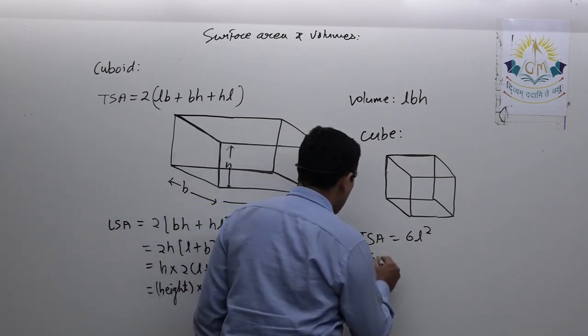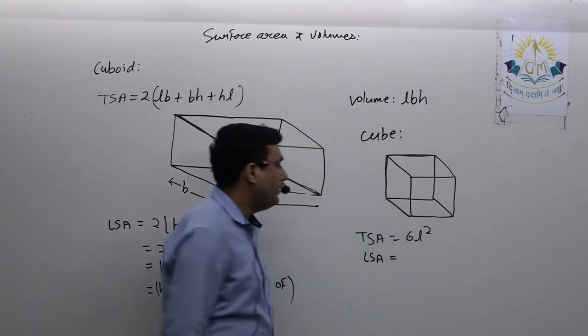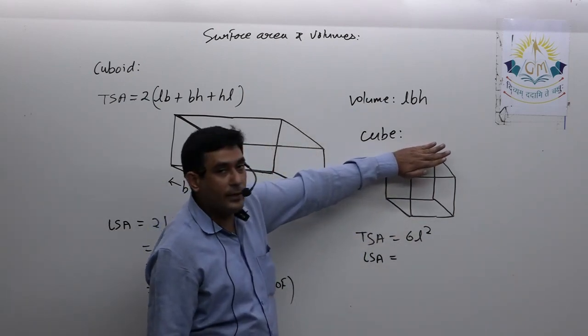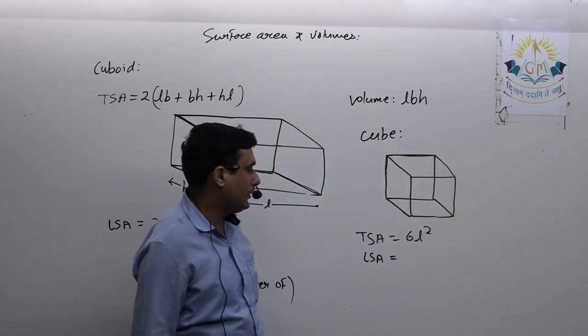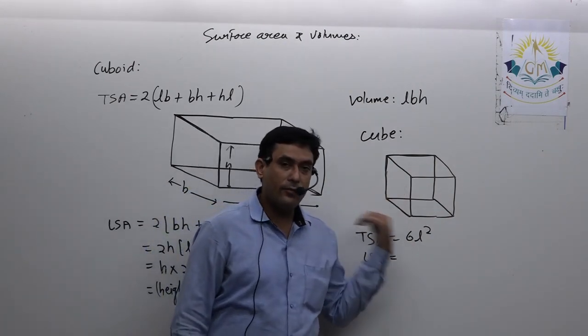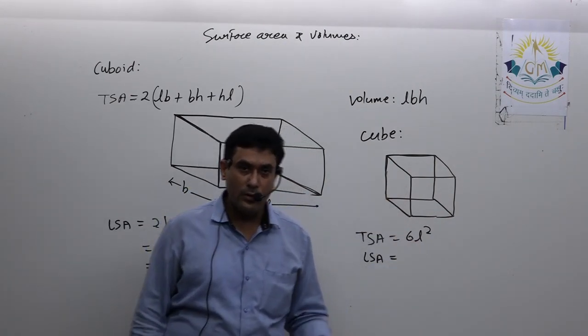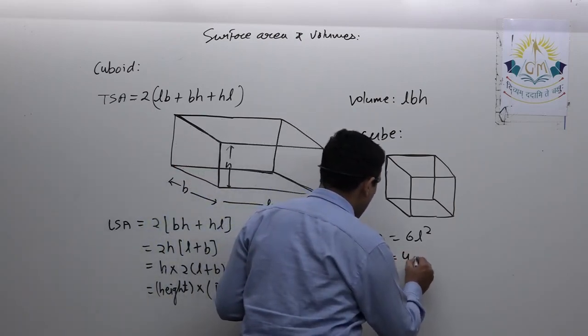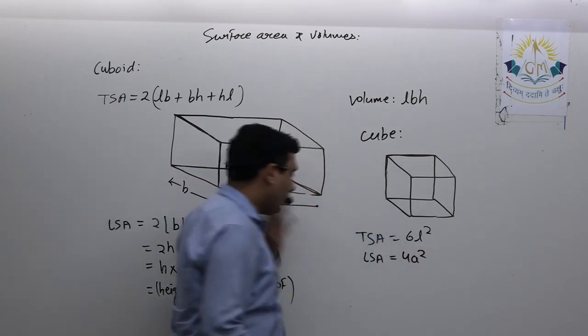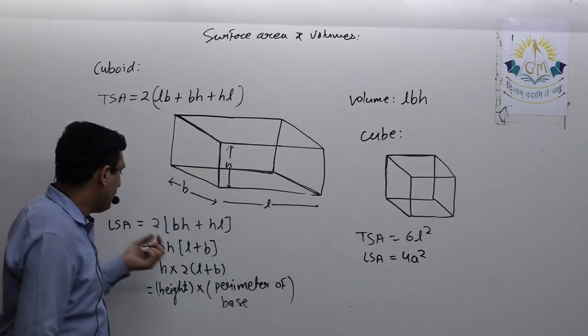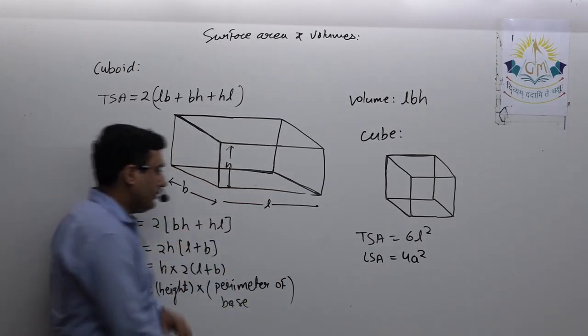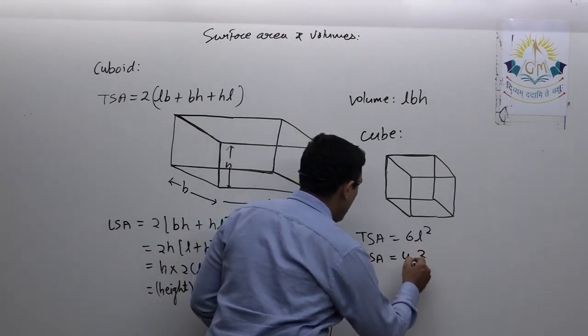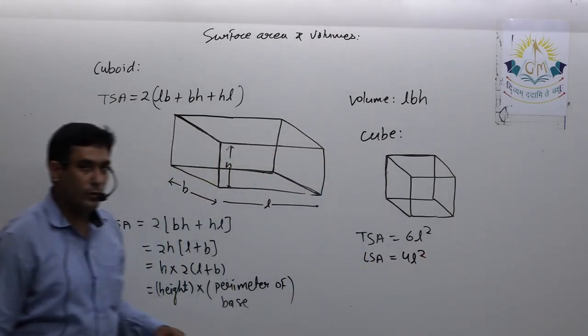Now lateral surface area, that is area of wall, that means excluding the area of top and the bottom. So I can say there are 4 faces or 4 walls and area of each surface is L square, so LSA is 4 L square. Or we can find with the help of this formula as well. Here not A square, let it be L square because I am considering all sides are equal to L.